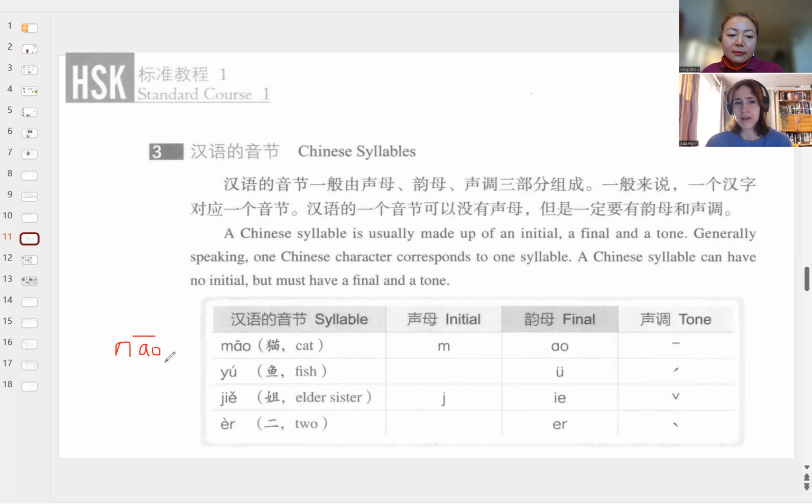That's now. 对的。What about this one? 老。对的，一样的啊。Initial and final plus tones。